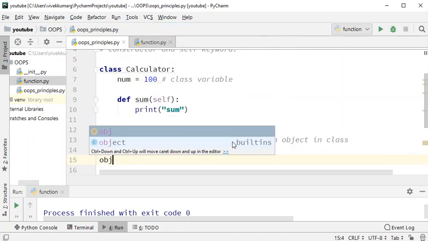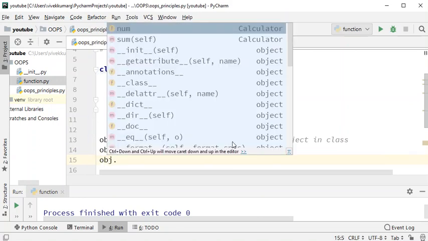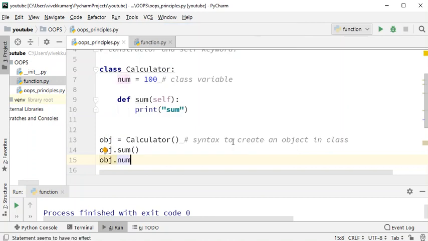Similarly, if you wanted to call a variable, you can say obj dot num. Now, this is the syntax to call a method in a class, and this is the syntax to call a variable in a class.